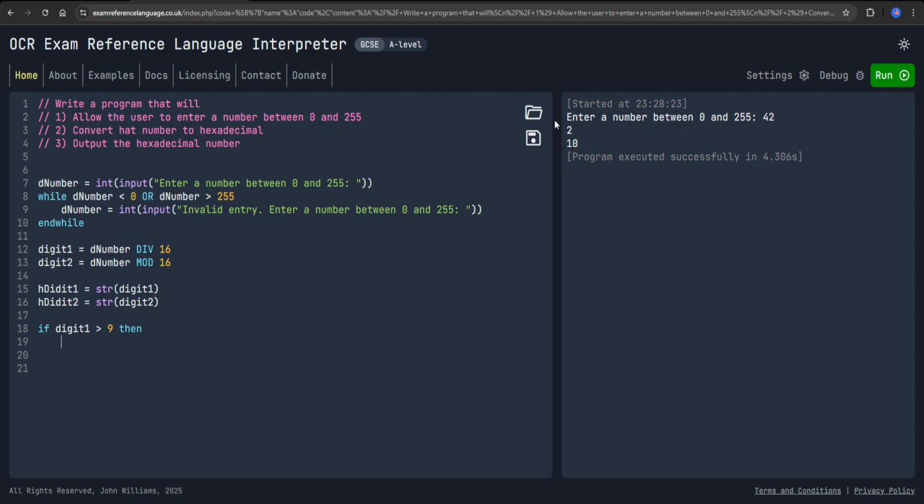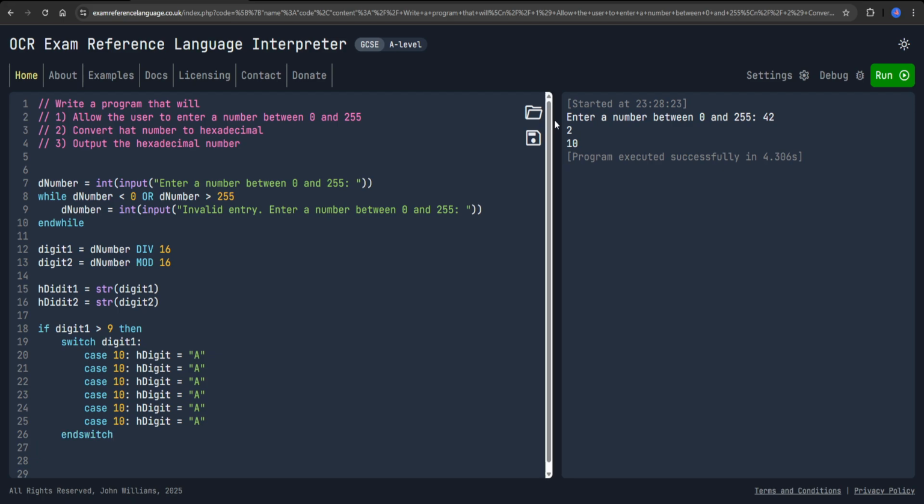Well, we can say if it's greater than 9, then we can use a whole host of ifs, or we can just say switch, and we want to switch on digit 1, and for some reason ERL wants a colon here. Then we're going to go case of 10, and we want to override H digit to be equal to A, and we want 11, 12, 13, 14, 15, and we don't want 16 of course, and then we can have end switch